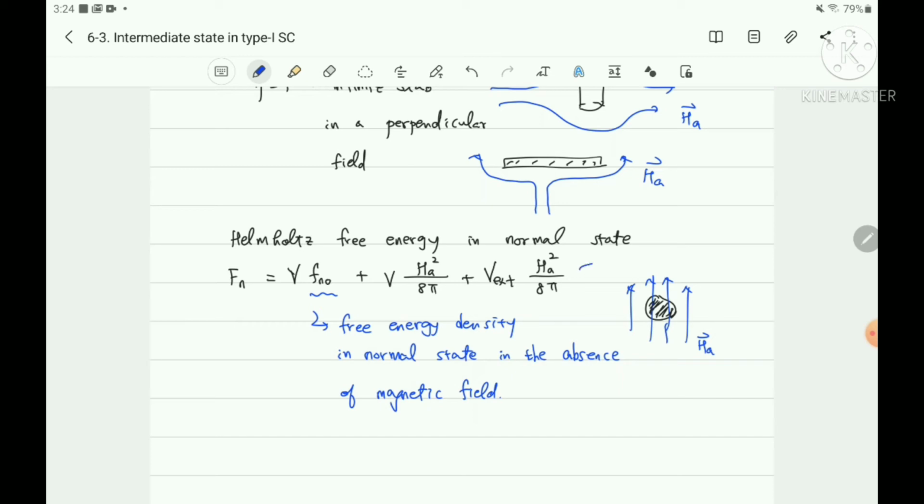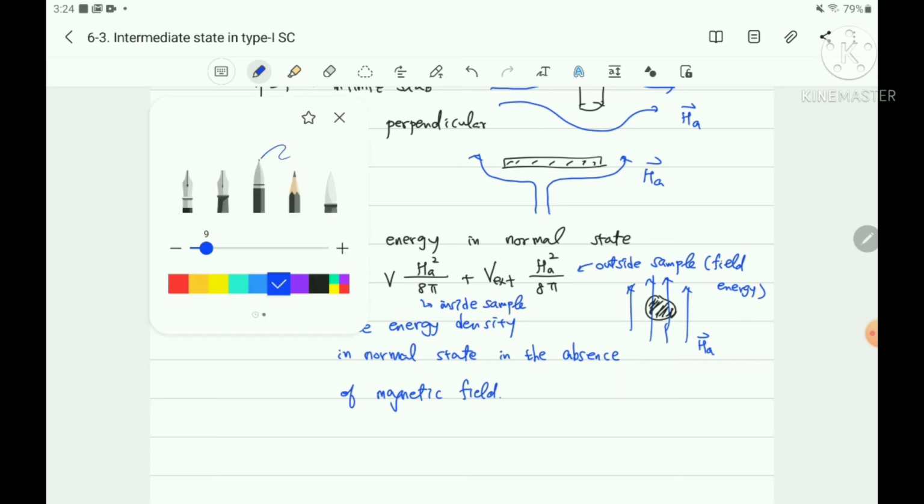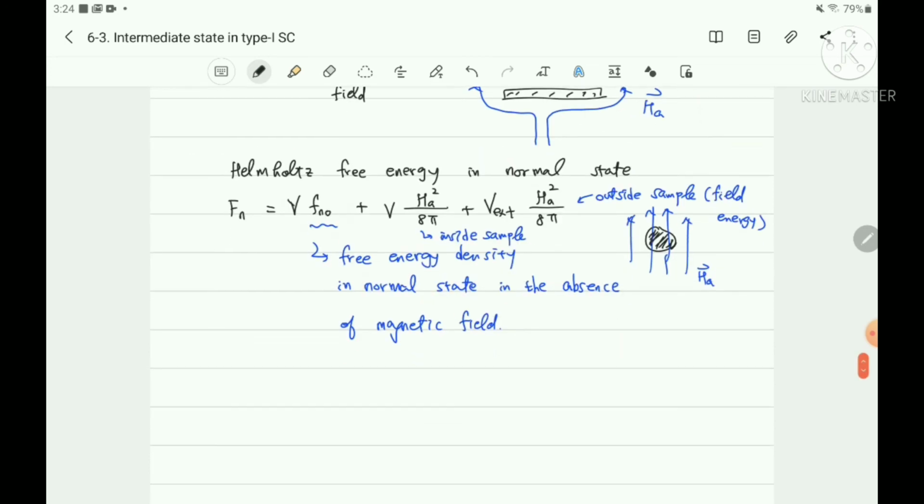And it is outside the sample. Now it is a field energy. It is inside the sample. Inside the sample field energy. And when the sample becomes a superconducting state, T less than Tc, when the superconducting state